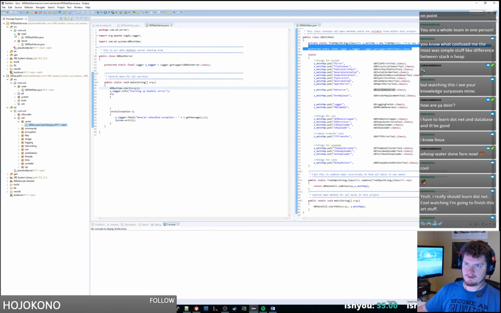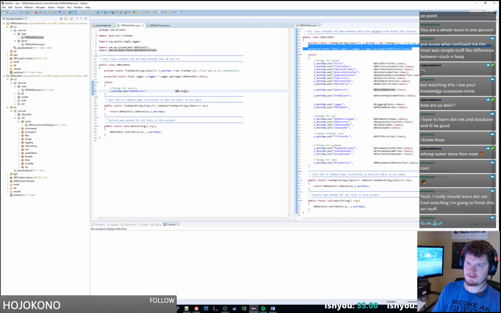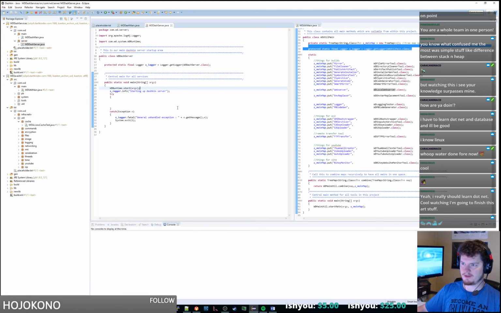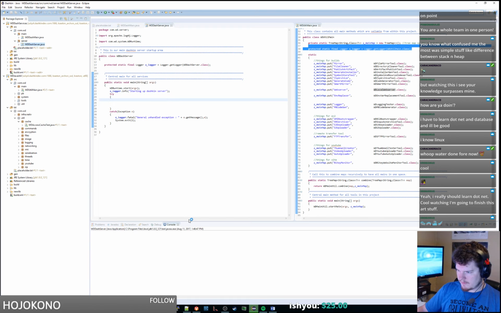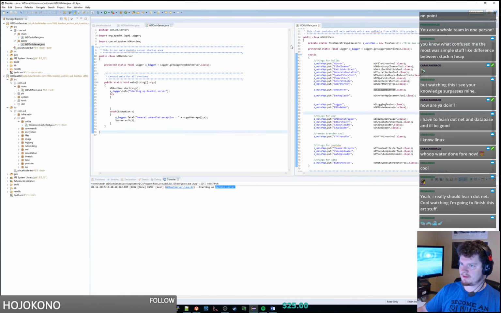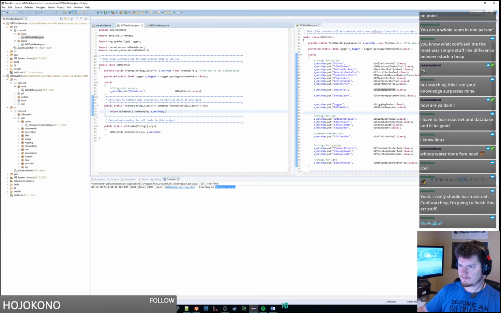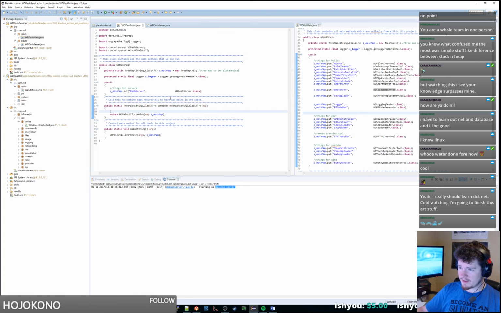All right, so basically what I can do in this main is reference this w-server, and I'll be able to actually start that up. All right, so if we actually run this, it's just going to print out starting up Dashkin server, and then it's going to shut down because there's nothing else for it to do. All right, so we need to